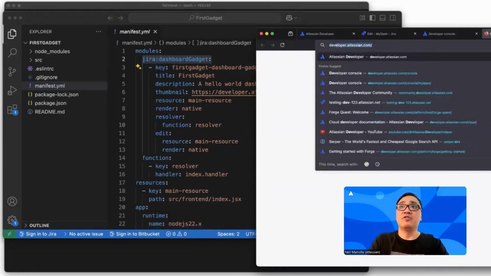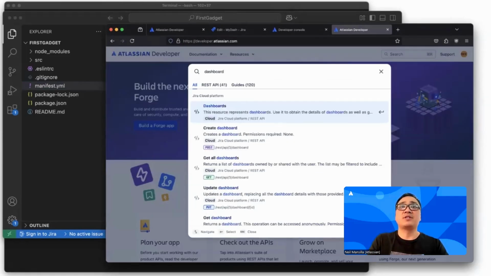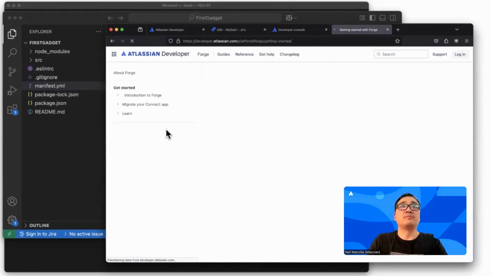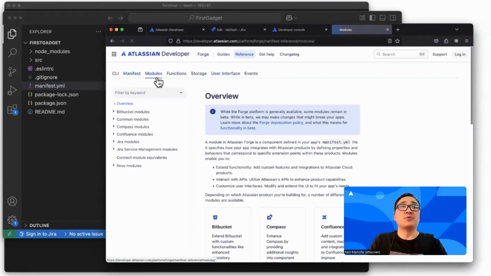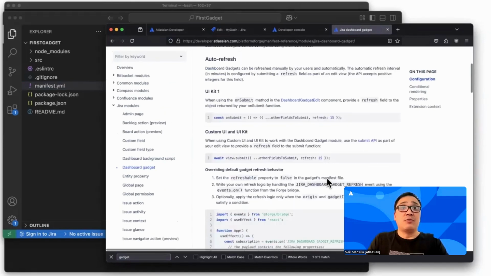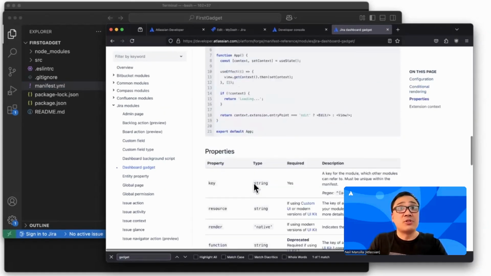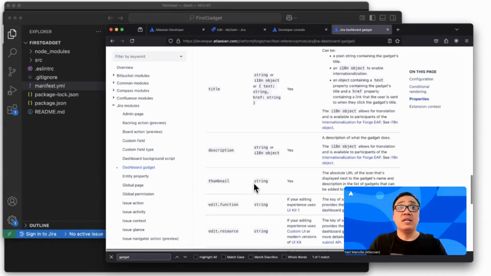If you went to developer.atlassian.com and typed in Dashboard Gadget, here we go: Reference, modules, Jira Dashboard Gadget. This is the full documentation for the module. They'll give you in the docs some code examples, as well as all of the properties inside the manifest